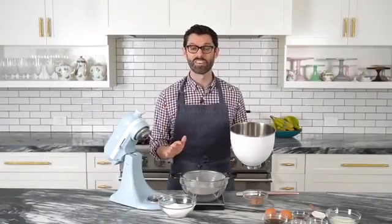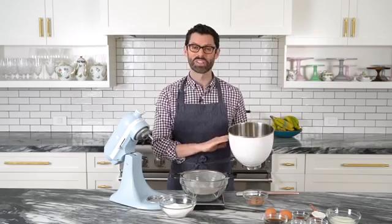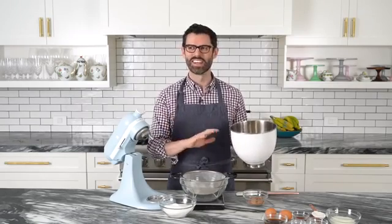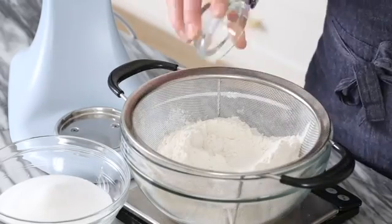I'm adding 1.5 cups of all-purpose flour into a sifter, over a bowl, over a kitchen scale. I want to make sure all my measurements are exact, and a kitchen scale is the easiest way to do that. Everyone in Europe will agree with me. All right, in you go. 1 teaspoon of baking soda,